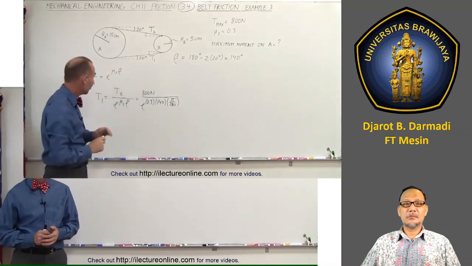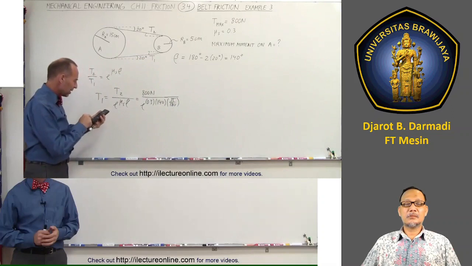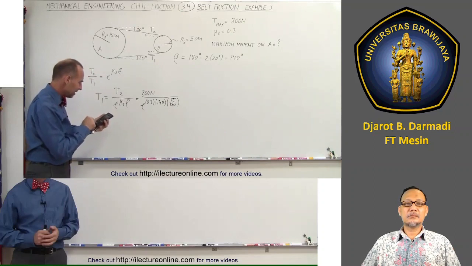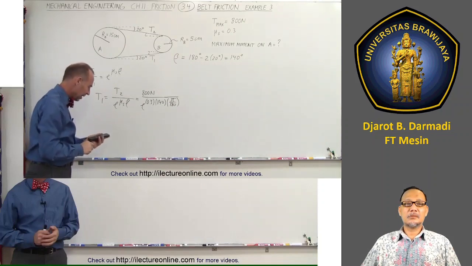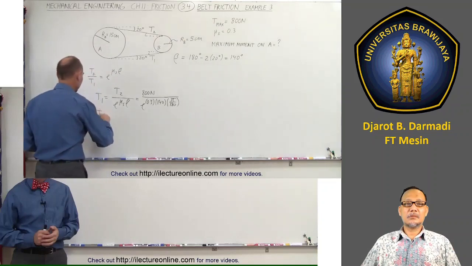All right, now we're ready to find T1. So we have 0.3 times 140 times pi divided by 180, and that becomes the exponent of e to the x. Take the inverse of that, times 800 equals 384 newtons. So T1 is equal to